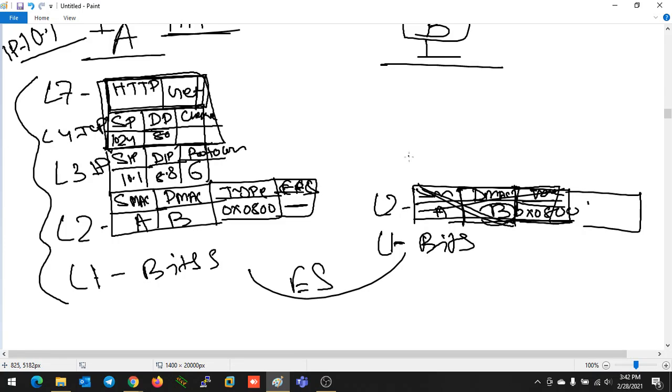So it will open the data. Now it will hand over the data to IP. Why is it going to hand over the data to IP? Just because here the type field is getting one value, 0800. That means the data should be handed over to IP at layer 3. So now it's going to hand over the data to IP, and while handing over the data to IP, it will discard the frame information right now, because all the information has been checked.